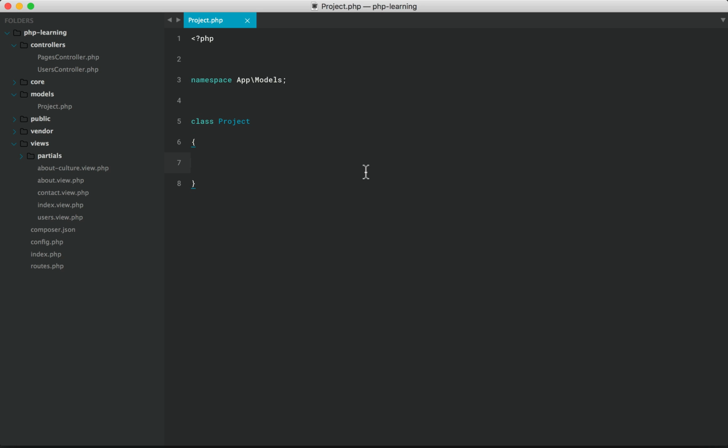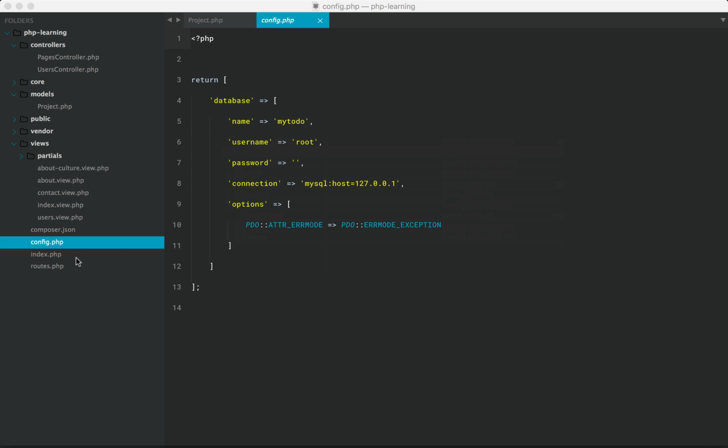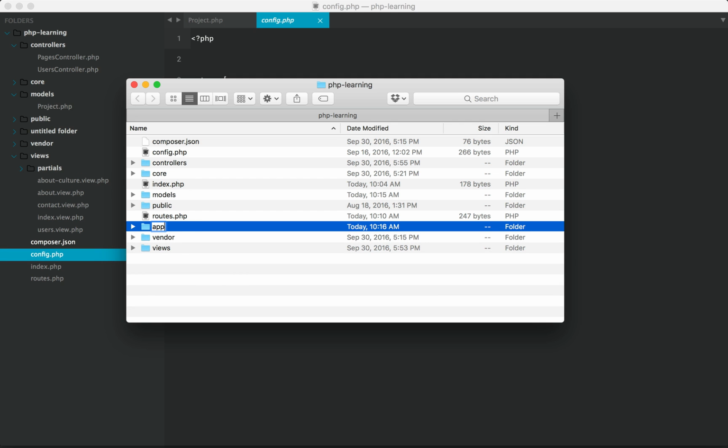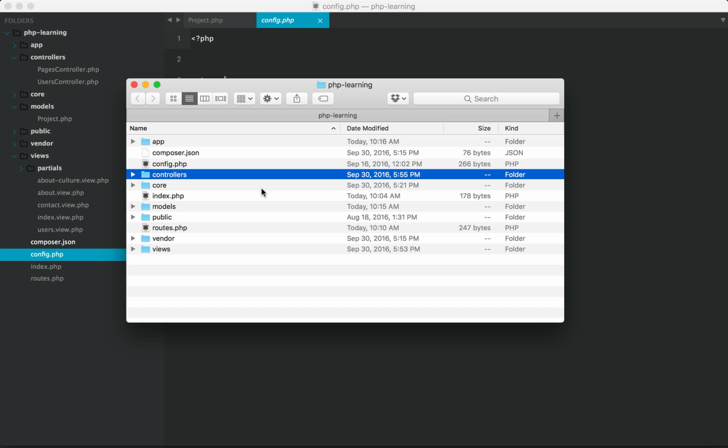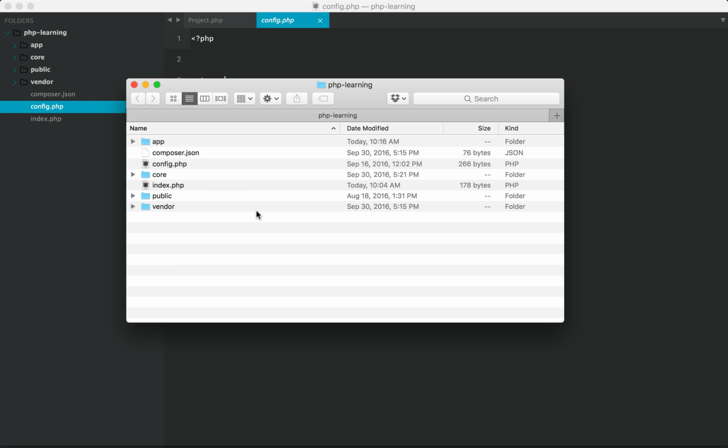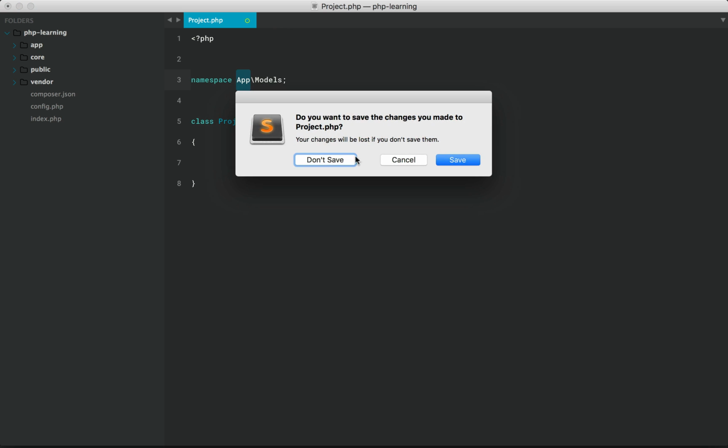And that's it. But now this might raise the question, do you remember when I said that generally your namespace will mimic your folder structure? But we don't have an app folder, do we? And you're right, we don't. Everything is top level. So real quick, let's reveal this in the Finder. What if we set up a new app directory? And within there, we would have anything that is unique to the application. So we might put the controllers, the models, the routes, and the views.